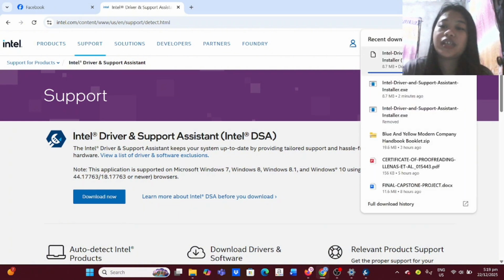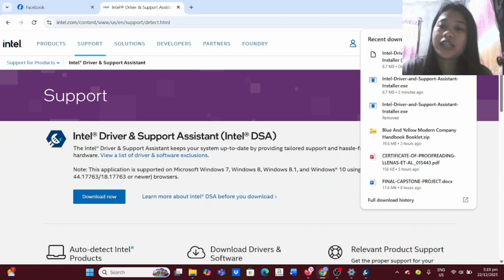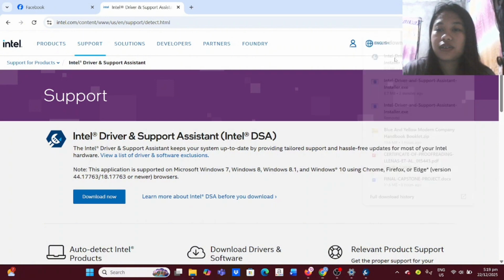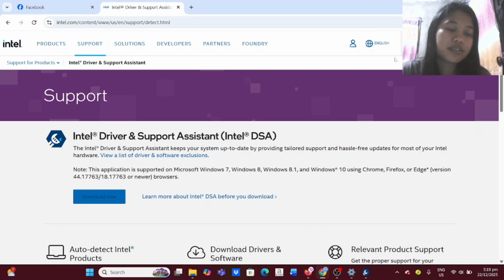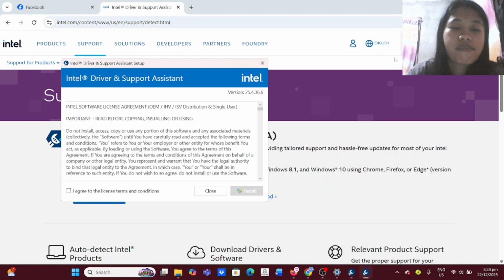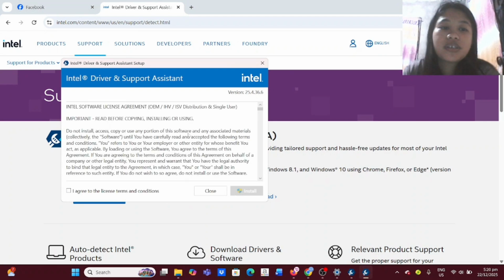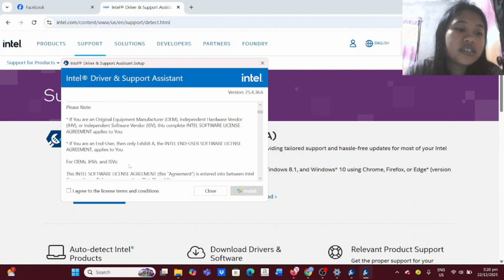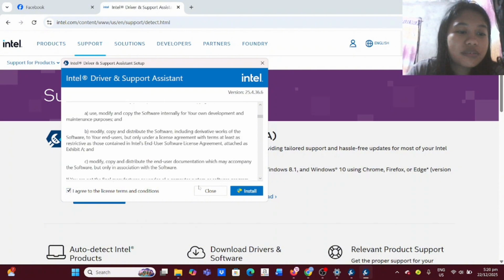So it's downloading. Let's wait for it to fully download. So let's click it. So after you download it, then let's install it.